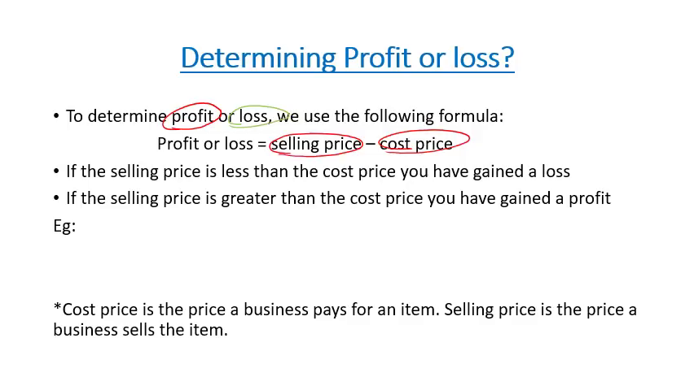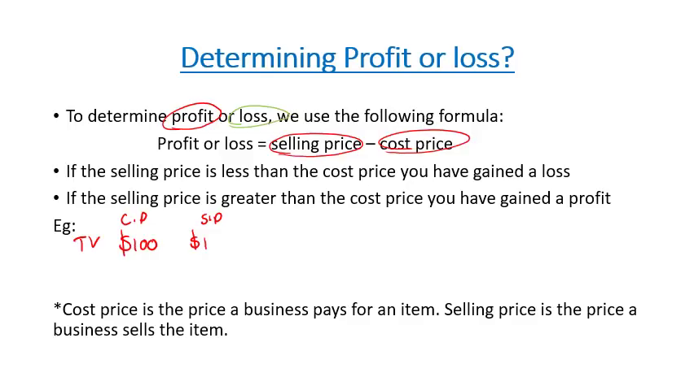Now, if the selling price is less than the cost price, you have gained a loss. If the selling price is greater than the cost price, you've gained a profit. So, for example, let's say that we wanted to buy a TV for $100. We then sold it to a friend. So the TV, we'll put TV over here. So this would be our cost price. We sold it, so our selling price